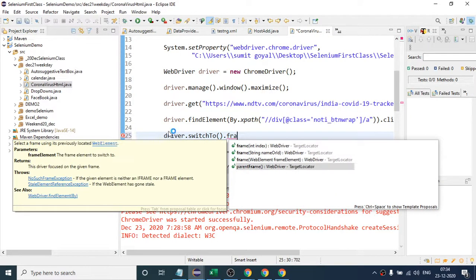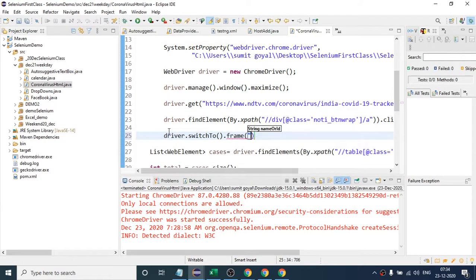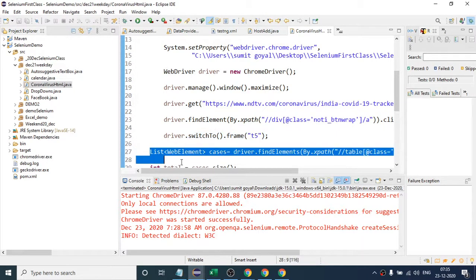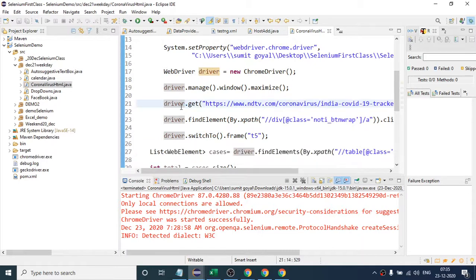As we have an id, you can give the id name. So what is the id? Id is t5. This is the simple step you have to do. Now your driver object knows that I have to first switch to the iframe which has this id, and after that I have to execute this line. So if you run this time,